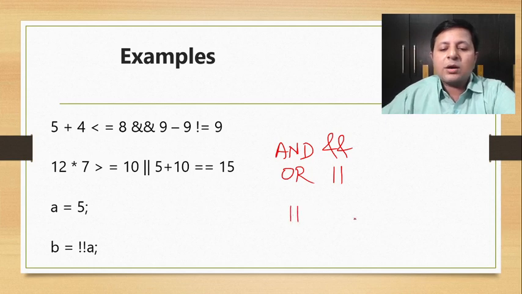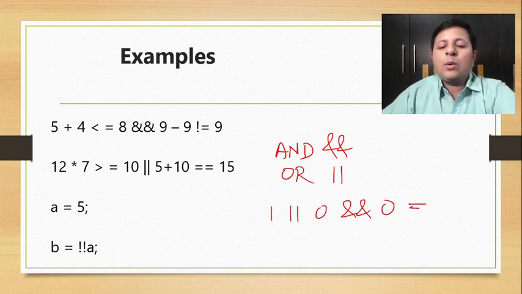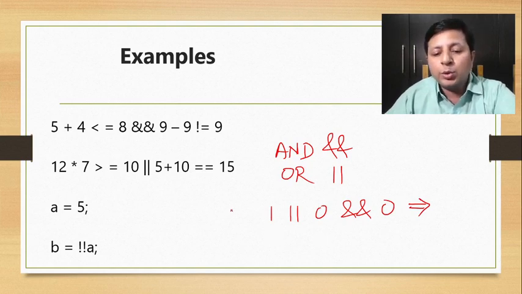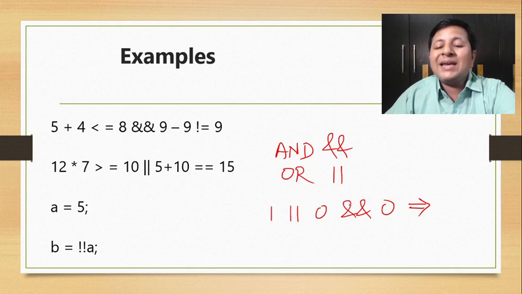So let's say OR and AND. Fine. So let's say 1, 0, 0. And I want the answer for this. Now suppose you are not aware of the precedence. How will you do it? 1 or 0. What's the answer of 1 or 0? 1 or 0 is 1. And then 1 and 0, the answer will be 0. So without knowing the proper precedence, maybe the answer given by anyone would be 0 here.